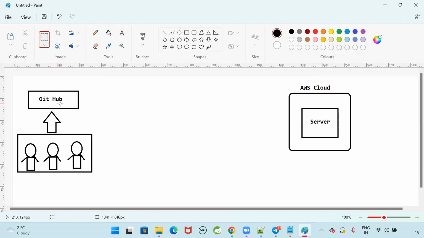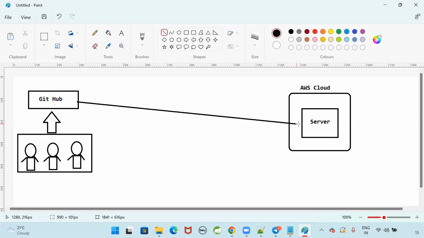Code is available in GitHub. Now we need to deploy the code from this GitHub repository to this server. It is not a simple and straightforward step. We need to do a lot of automation in order to deploy our application to the server. As a DevOps engineer, what is our duty? Developers are doing the coding. The code they write, they will store into the GitHub repository. We need to take the code from the GitHub repository and deploy it into the server, which we are creating in the AWS cloud.